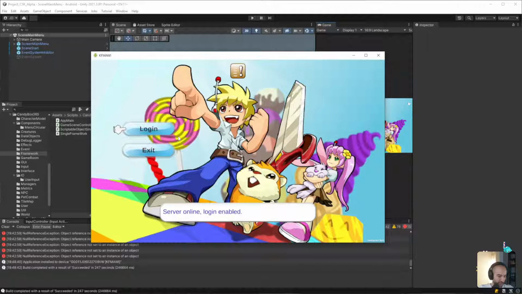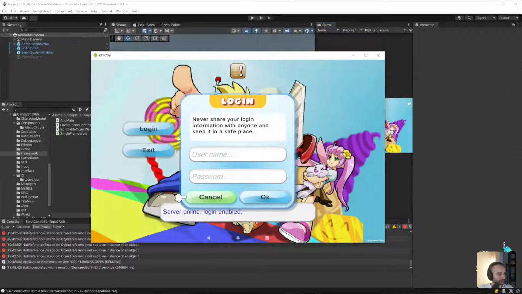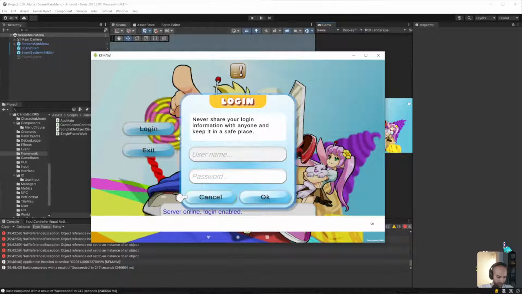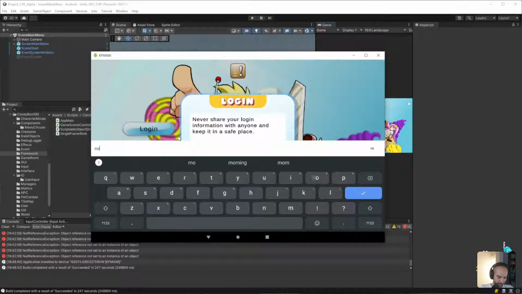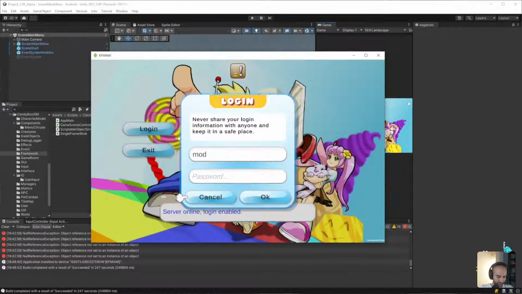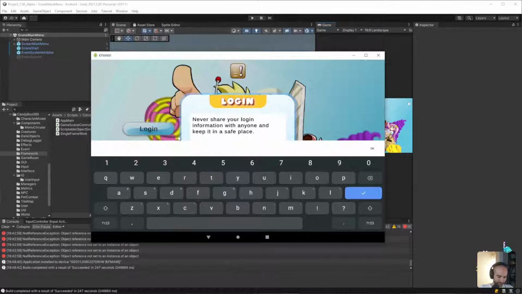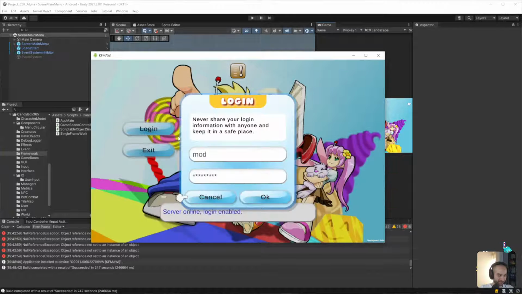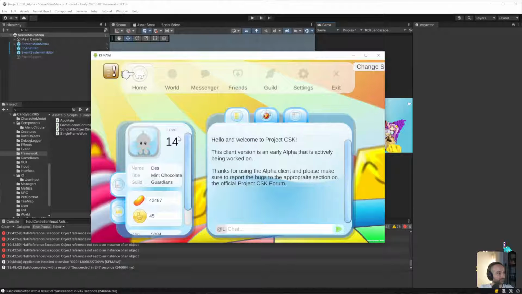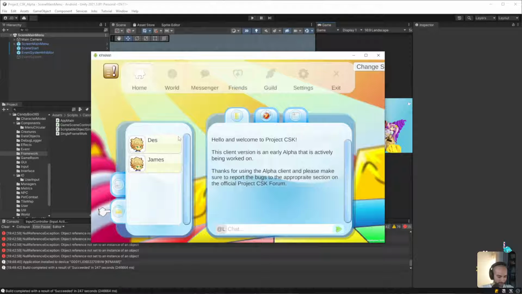So from here, what I want to do is log in, right? I'll put in my username and my password. Let's keep that password between us, right? No one else will know. Okay. And then we come into our login.